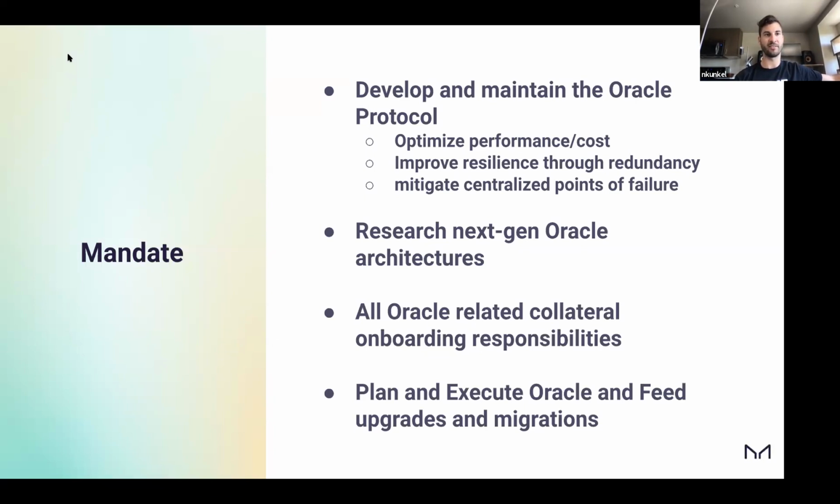And I think that this is something that we need to bring back, that we have researchers who are just exclusively focused on research and not doing this context shifting between working on the product, going back to doing research, being distracted by something else, going back to doing research. I think we just need dedicated research, working on next gen Oracle architectures.